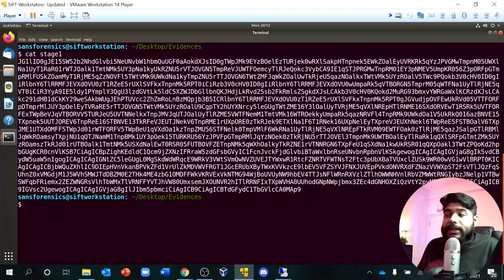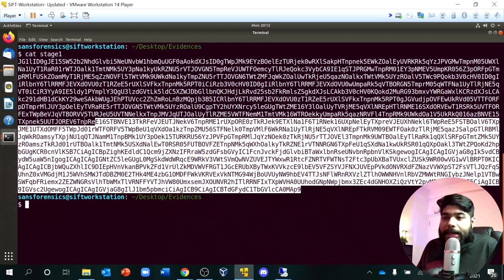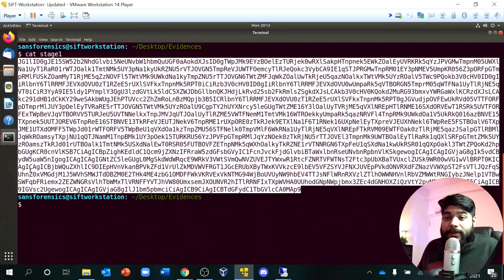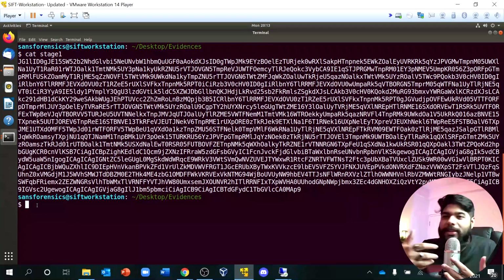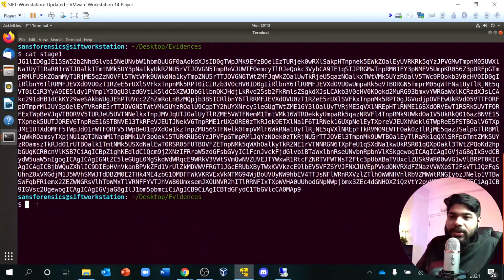Okay, now the interesting stuff. You see this file looks like base64 encoding. Now how do I know this is base64? All this comes into play when you keep on doing multiple stuffs like that, and it's called experience. But by looking at it you can already identify this is something related to